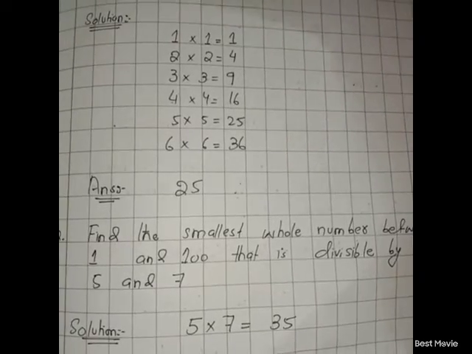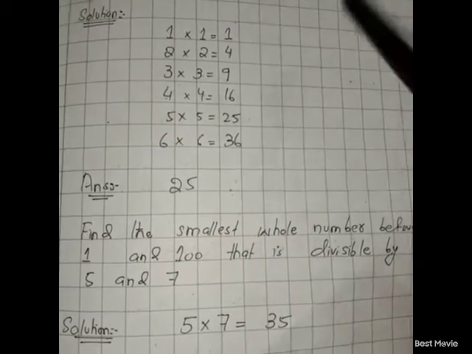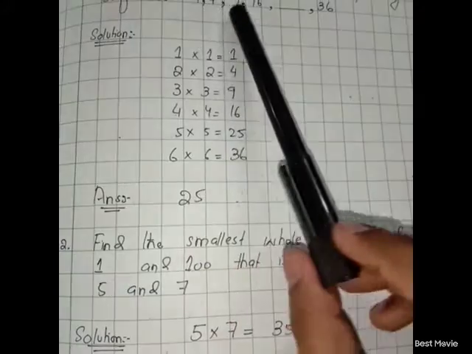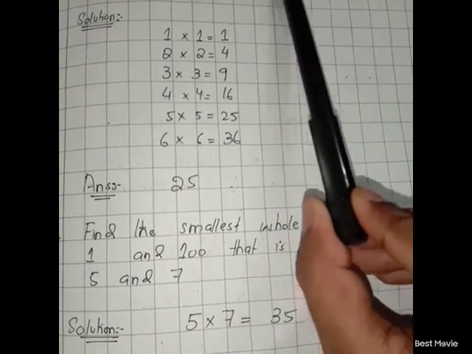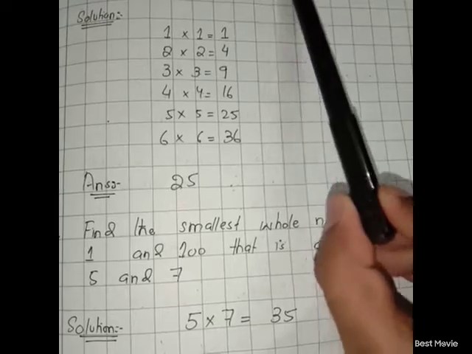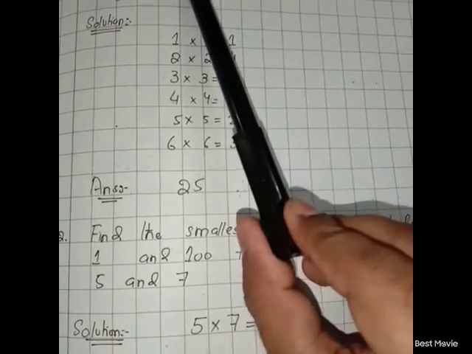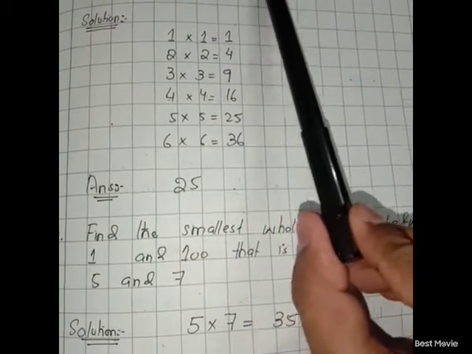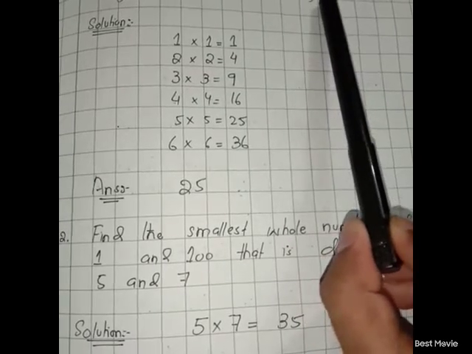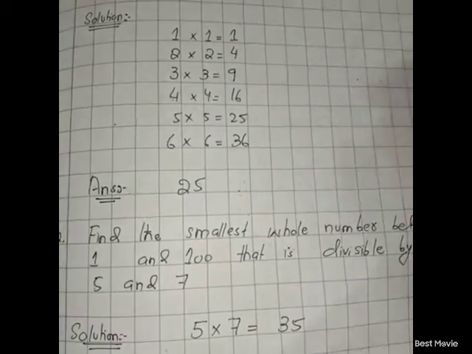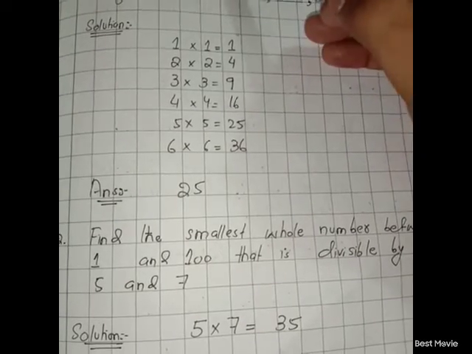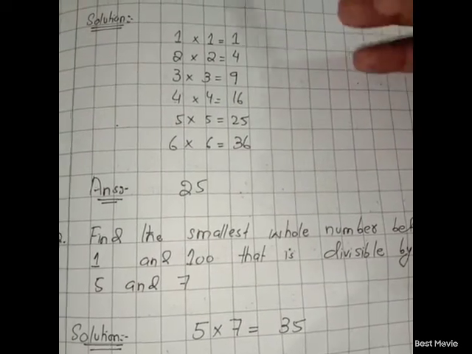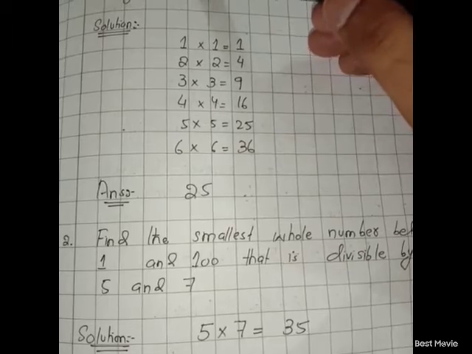So here the question one is, find the missing term in the following sequence. There is a sequence and we have to find the missing number. The numbers are 1 4 9 16 dash 36. So this number we have to find by ourselves. The first numbers are 1 4 9 16. These are the squares of the numbers.